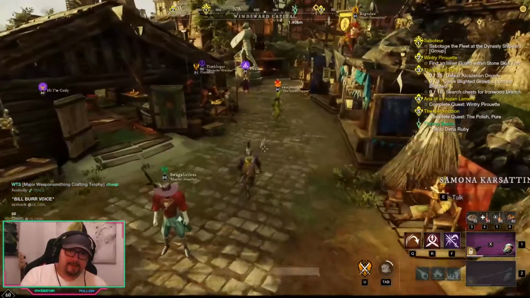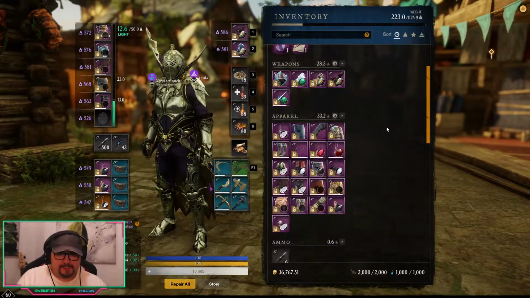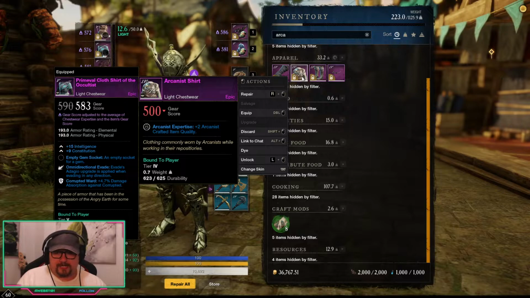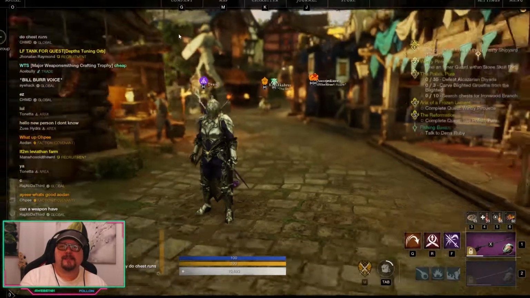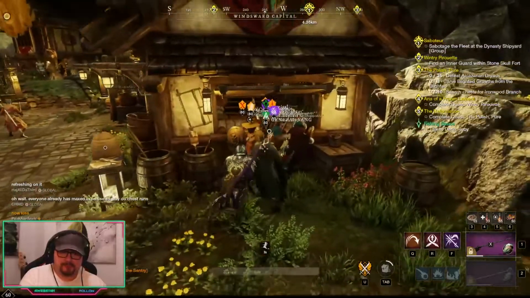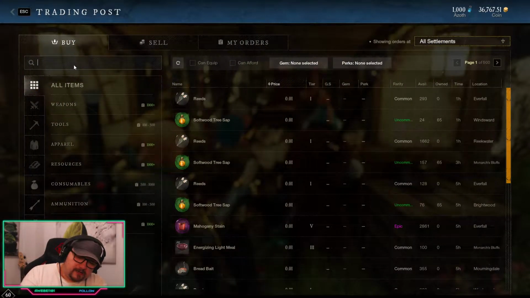The next thing that you want to do is you need gear. There's crafting gear that you want. For Arcana, for example, they're called Arcanist. But here's the thing. Here's the kicker. I'm going to show you something now. Don't spend more money than you need to, okay? Because when I looked up my Arcana gear,